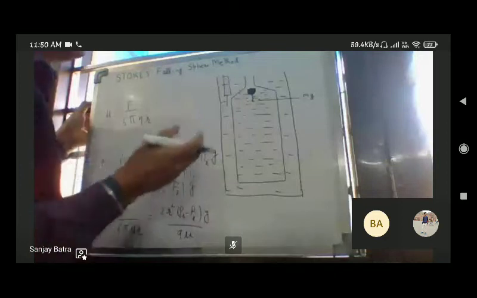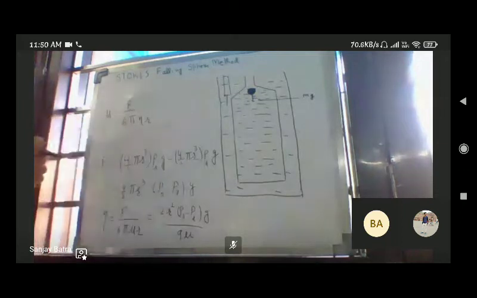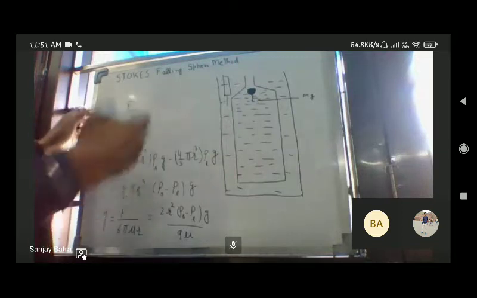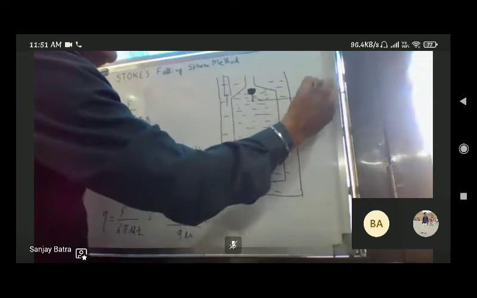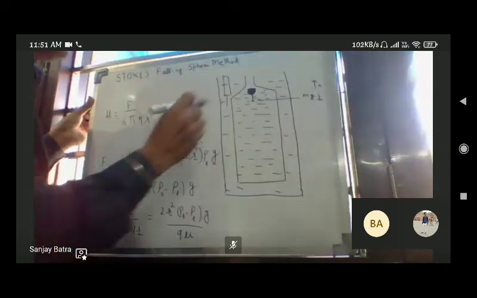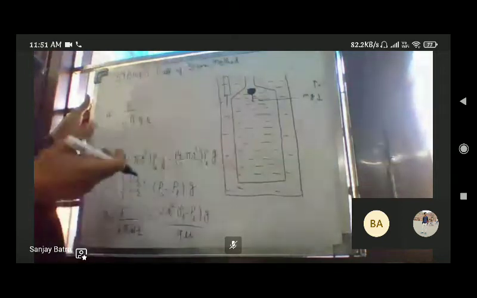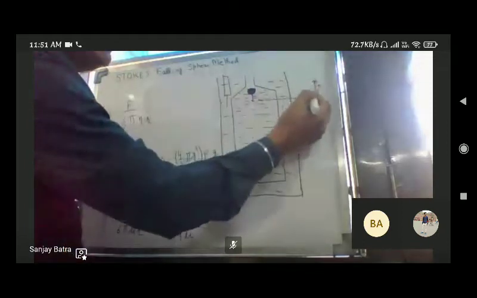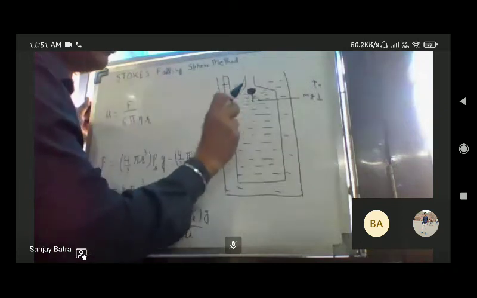The other force is, when this ball goes inside, the viscosity of the liquid is going to prevent the movement of the ball into the liquid, which will act upward. So it acts upward, in the opposite direction to the downward force. In the upward force, we have viscosity related forces. This is going to basically have a normal flow in the liquid depending upon the viscosity of the liquid. Meaning there are two forces. Since the downward force is higher than the upward force, the ball is going to move down.